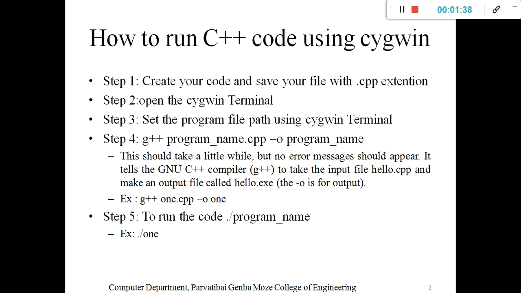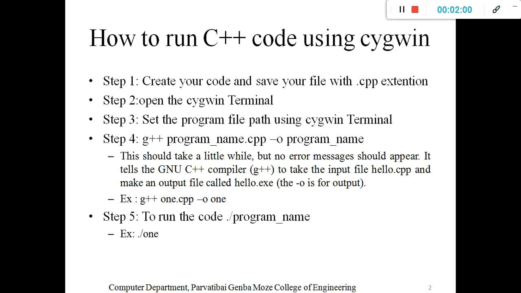It is freeware, that's why we use that compiler. On Windows it is not runnable, so we need supportive software, and that is Cygwin. Cygwin is the program which runs the GNU C++ compiler on Windows 7. That is a simple introduction to what exactly Cygwin is.